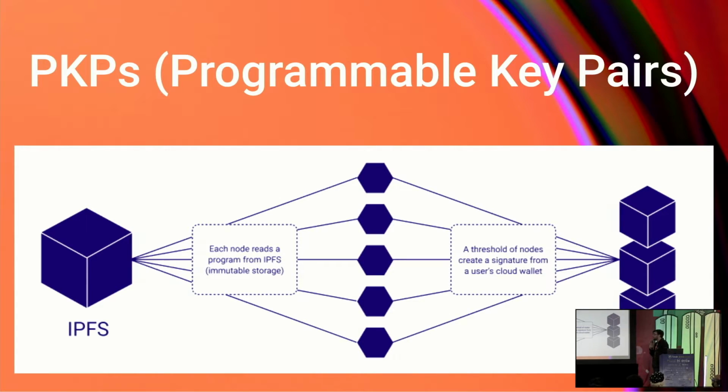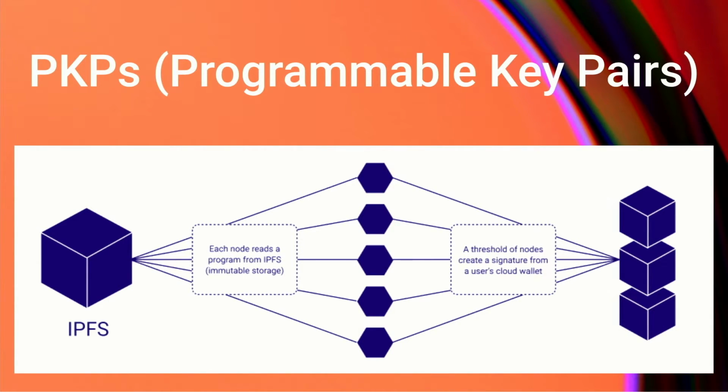Now let's talk a little bit about signing. So the name of the product that we have is a Programmable Key Pair, a PKP as we call them. And so as you can see, it's the same kind of underlying pattern, but it looks a little bit different. And so in this case, in order to program signing, if you think about a Web 2 analogy, this is functionally like a Lambda function combined with a KMS, a key management store, but that's distributed and fault tolerant. And so the way that it works is an application developer can write a program, and we'll look through a couple examples here in a second, that says, when these conditions are true, I want this distributed custody wallet to sign on behalf of the user or sign for some specific use case.